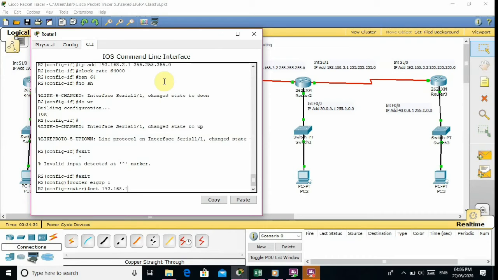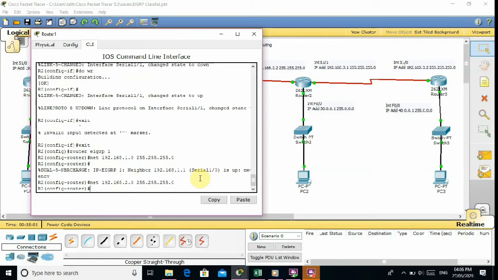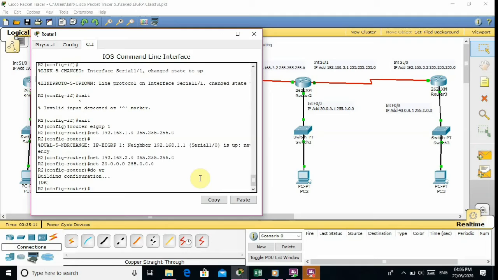First network is 192.168.1.0 and 255.255.255.0 and enter. It is showing that the neighbor is connected. Show IP EIGRP 1 neighbor. And second network is 192.168.2.0 and 255.255.255.0. Third network is the switch, 20.0.0.0 255.0.0.0. Save all this configuration with the do wr command.